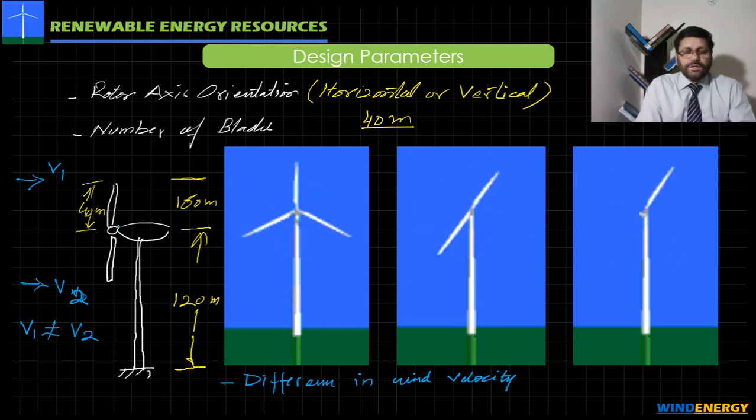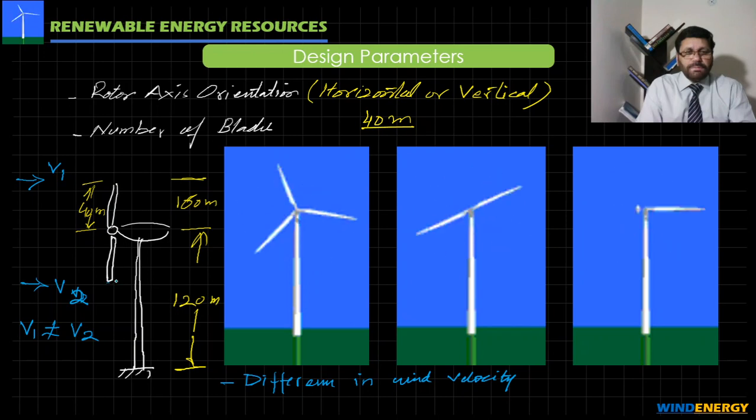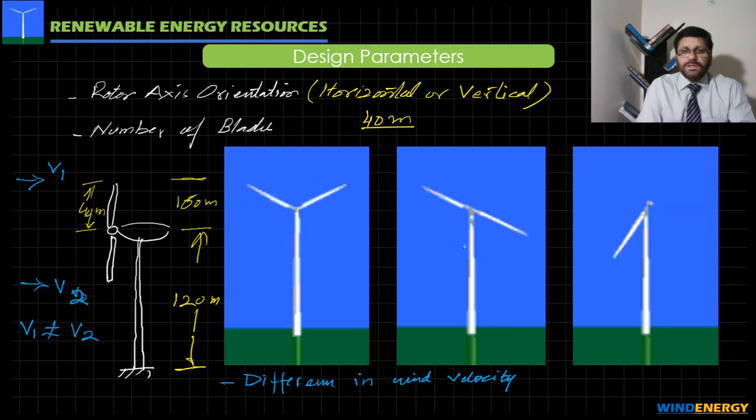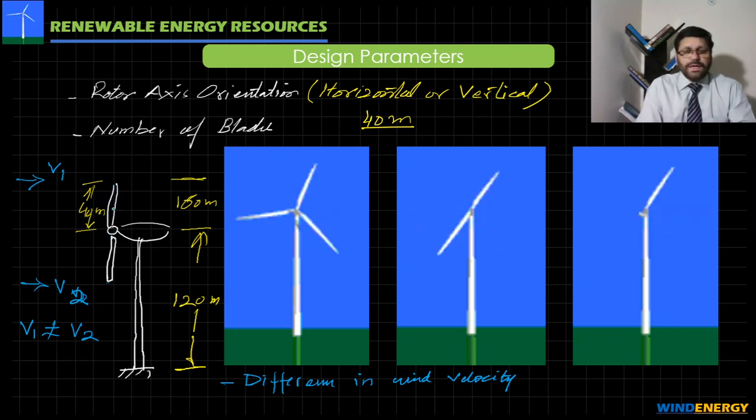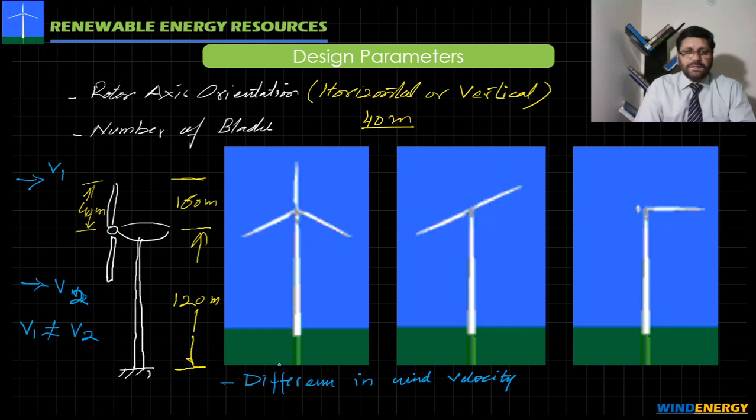Once we are talking of a two blade wind turbine, at the tip of the top blade and the tip of the bottom blade, once it is placed in vertical direction, and after some period of time, there is going to be this position. So the velocity interacting with the tip of the top blade is going to be varying. So we are going to have a difference in wind velocity, and because of that there is a chance of breakage anywhere in the blade or at the connection of the blade with the hub.